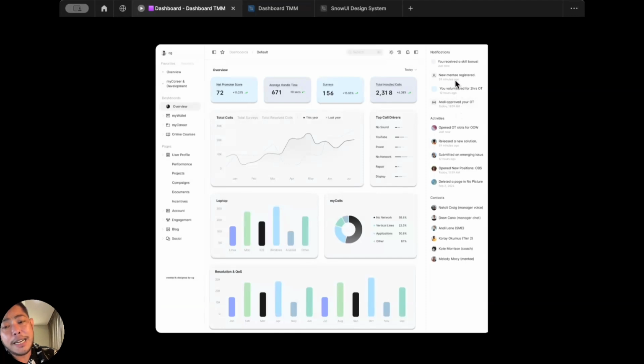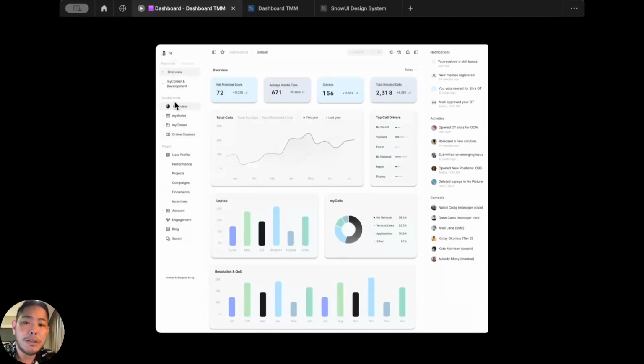anything that has anything to do with you will be shown on the right side. If you've applied for overtime, if your overtime has been approved, if you received another bonus, if you received another incentive, you will see that here. You will also see your fast contacts, contacts that you normally message right away or email right away. It'll be on your right side. On your left side, you'll see your favorites and then recently.